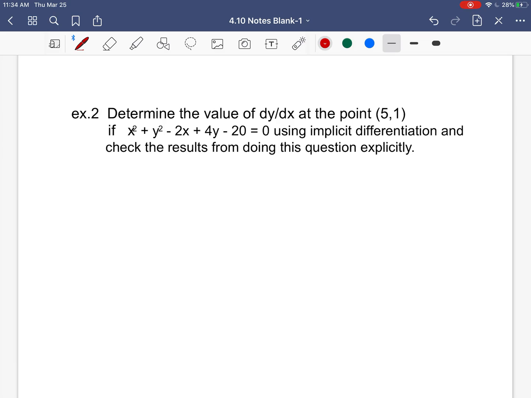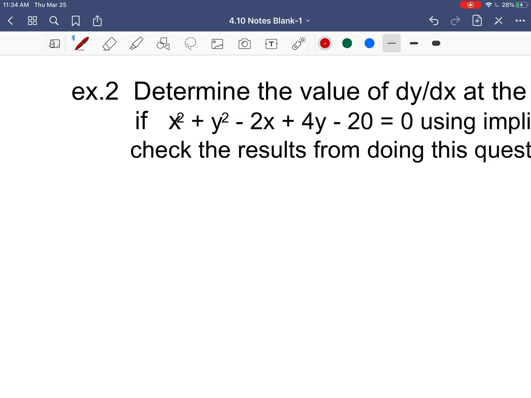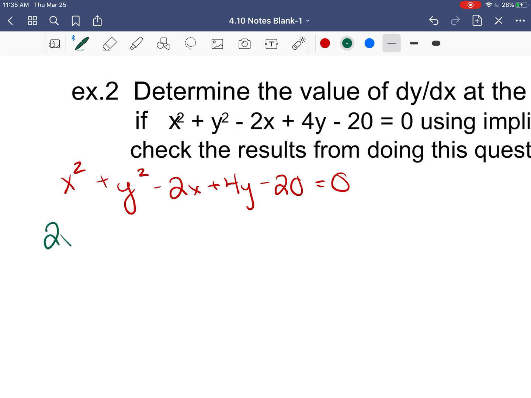So here's that same equation we had before. We had to complete the square on two parts and solve. But if we can just use implicit differentiation instead, this is what we're going to end up with. So we're going to take the derivative of each piece. I'm just going to write my equation down below here. Okay, so my derivative of x squared is 2x, plus my derivative of y squared is going